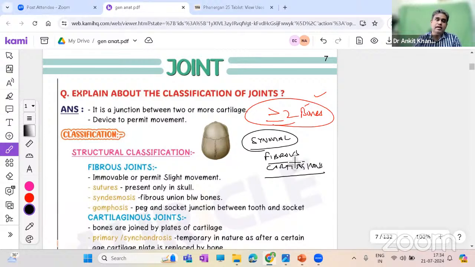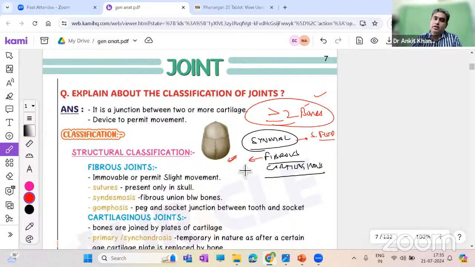So how do we classify them? Before going into details, let us first have a basic idea. The majority of the joints are synovial. They have synovial fluid between them, which is formed by the synovial membrane, capsule, and so on. Those joints are known as synovial. If between the two bones you only have fibrous tissue, no synovial fluid, and no movement, that is known as a fibrous joint. Example, sutures of our